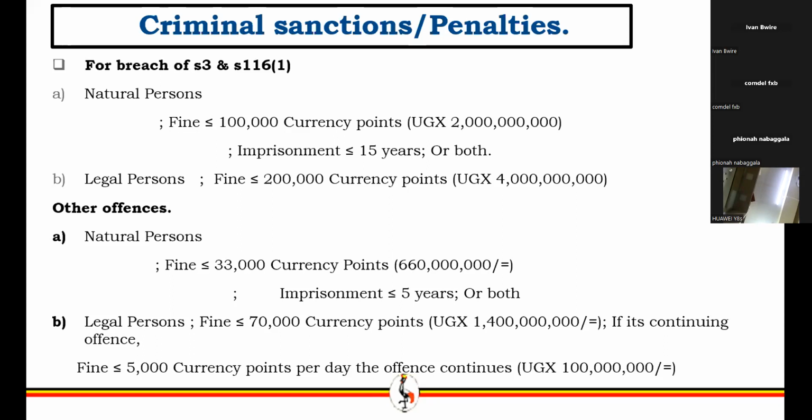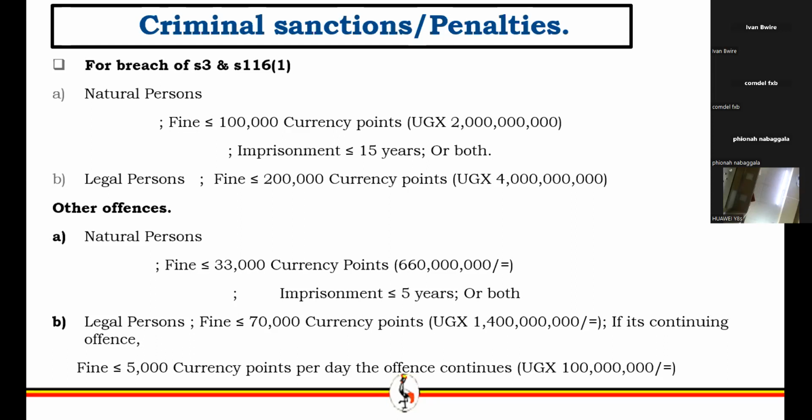So the same applies for companies, where a company, as per the definition of money laundering, converts, transfers, or transports money, knowing or having reason to believe that that money was proceeds of crime, then that penalty applies. Or where the company conceals or disguises the true origin, location, disposition or ownership of rights or property known to have been proceeds of crime, then that is money laundering, so it attracts a penalty.